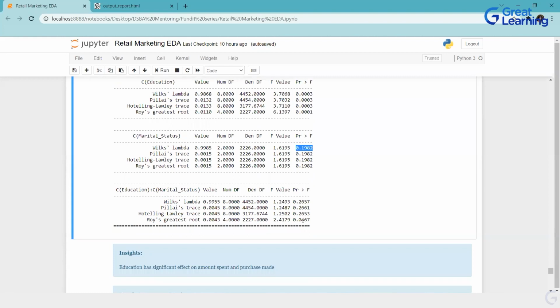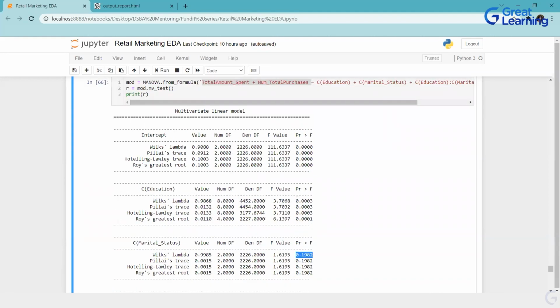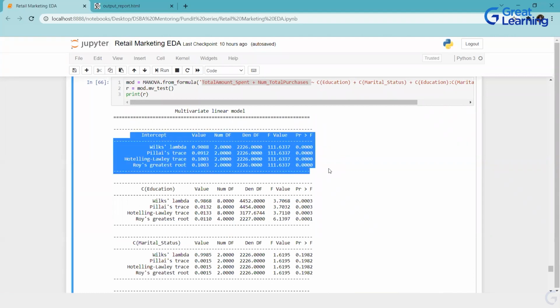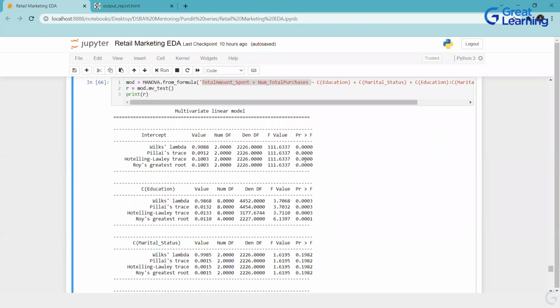Interaction is also not having much impact, but education alone has, which we saw already on a country basis. So this is the test of MANOVA that we have. What does the intercept mean for us? Intercept is the error, or it is the constant term that you have. You will learn this in linear regression also. You have this intercept, that is your within value.